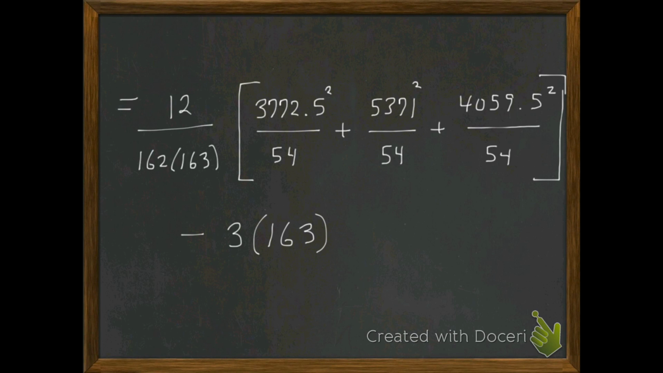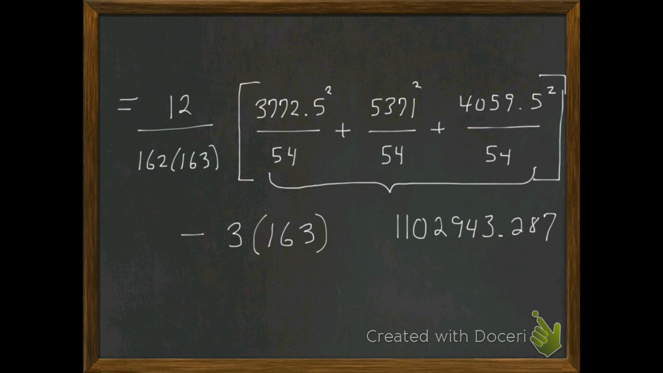Okay, so for this part right in here, if I made no calculation errors, I get an extremely large number. Now, I'm going to take this and multiply it by 12, and then divide by the 162 times 163. And then ultimately what I'm going to end up with